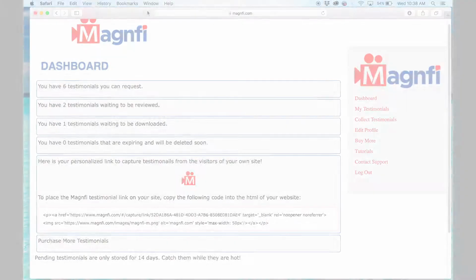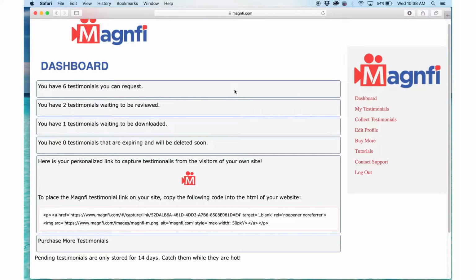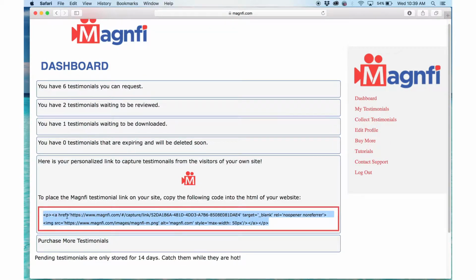You're gonna love the little M, a free feature of all Magnify accounts. The Magnify M-Link is a unique embed coding URL exclusive to your account that allows you to capture video testimonials anytime, anywhere. Say you want to run a large video testimonial campaign for your email list with an incentivizing program. All you need to do is take your unique embed code and place that code on your landing page